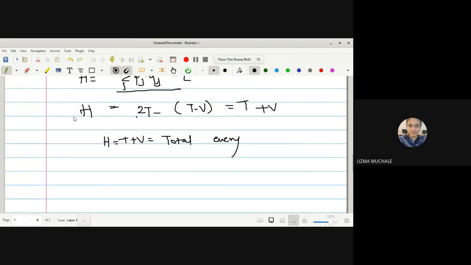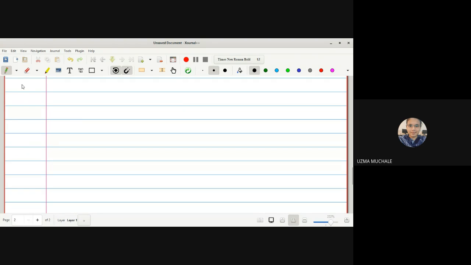Okay. Now let us go to the second part, where we have to consider the rheonomic system, in which we have to prove that H is not the total energy and H may represent the constant of motion. No need to prove the second statement, that H may represent a constant of motion. That depends on which consideration and which example you are considering. So at that time it will depend.